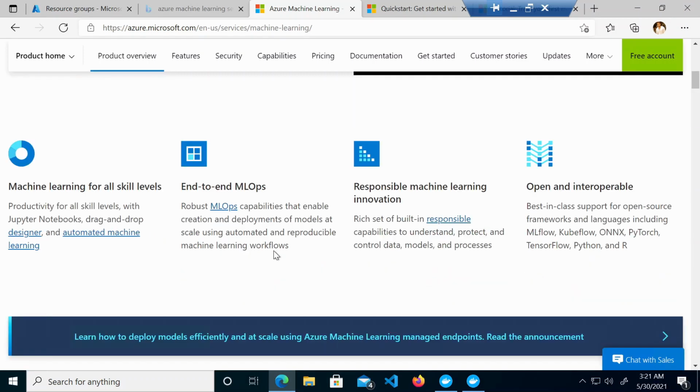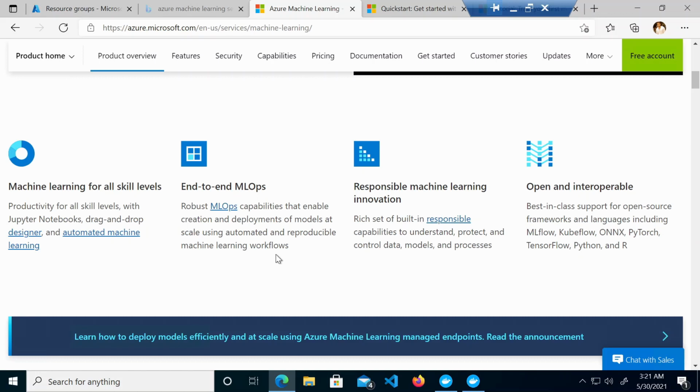We start at the development environment, and then using the ML pipeline and Azure DevOps, we can easily move to the production environment, or we can migrate the code to the production environment. Other than that, we have other functionalities as well: machine learning for all skill levels, responsible machine learning, innovation.